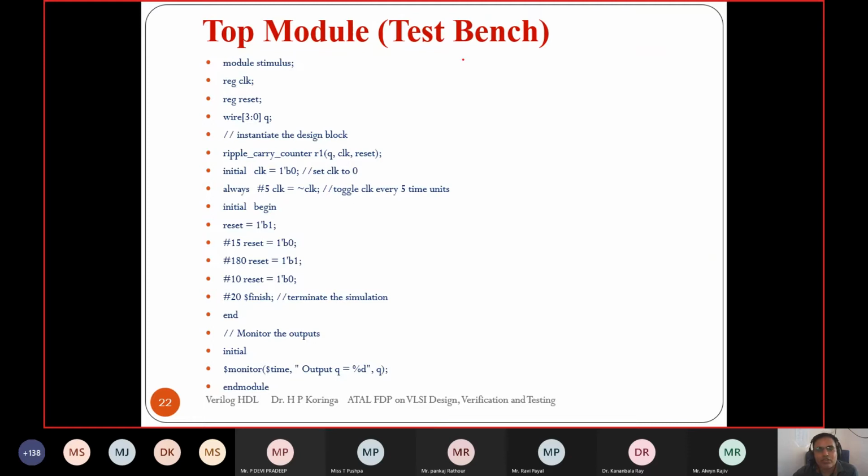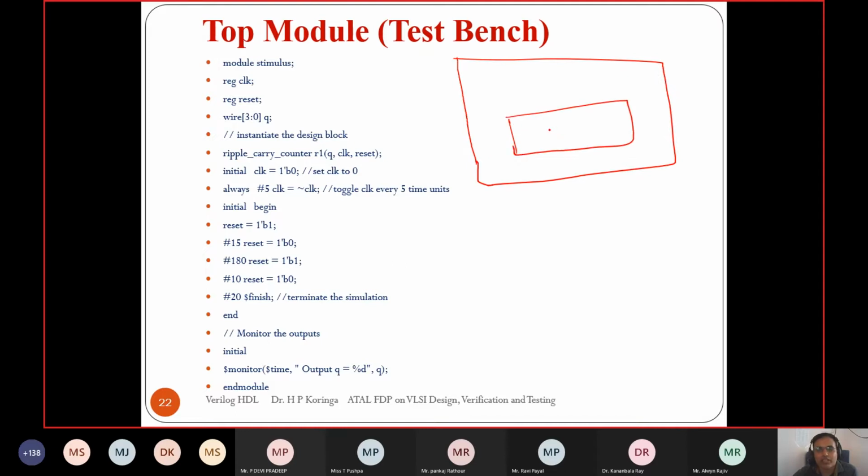As we know, a test bench is a top level module. Suppose our DUT is a half adder design that we want to test. In the DUT, A and B are the input ports, and S and C are the output ports. In the top level module, the test bench, it is only for testing the DUT. So there is no external port.